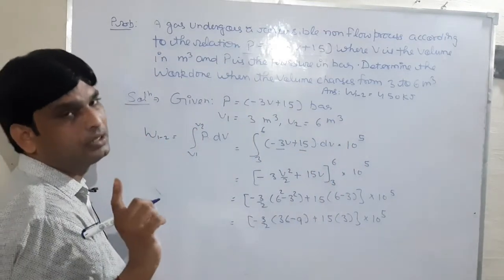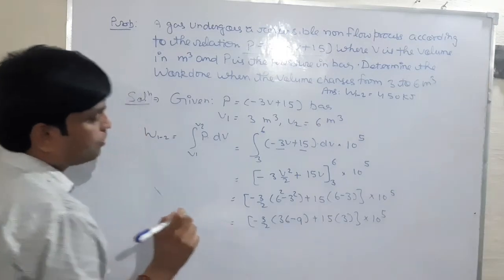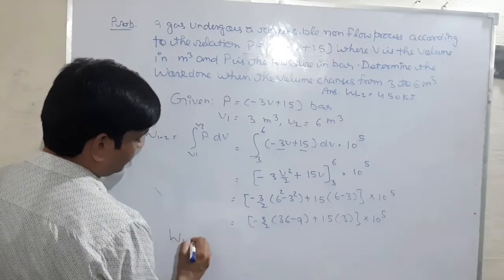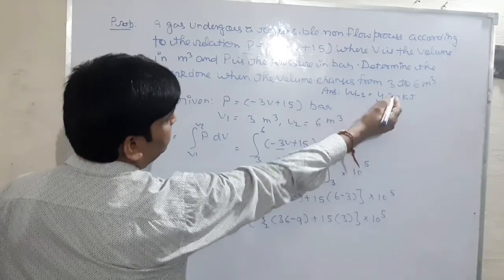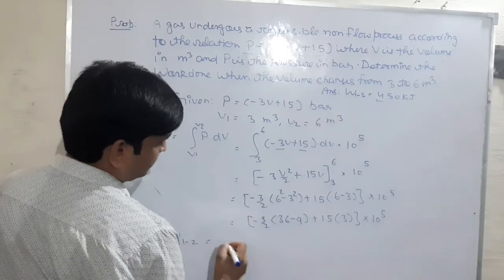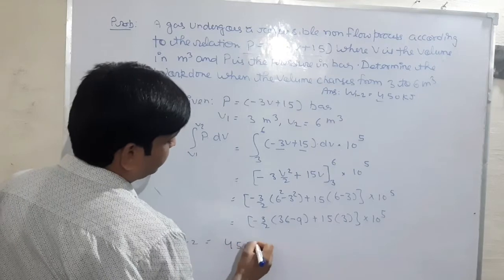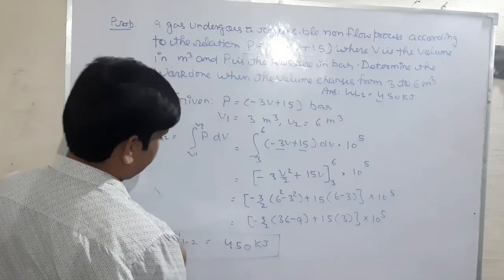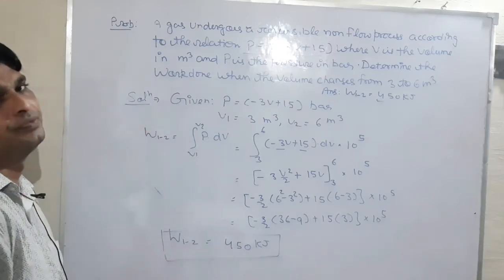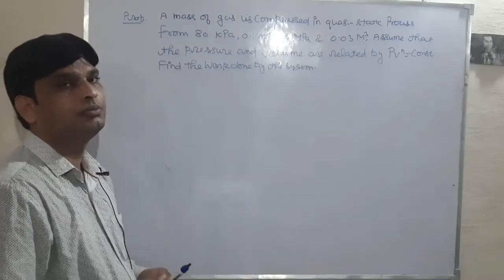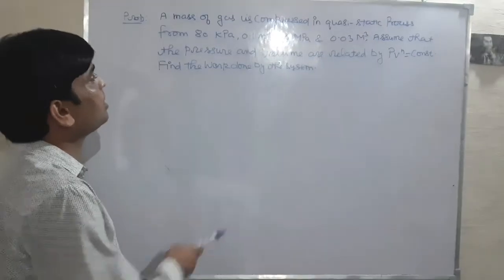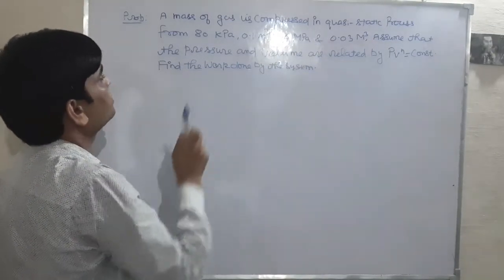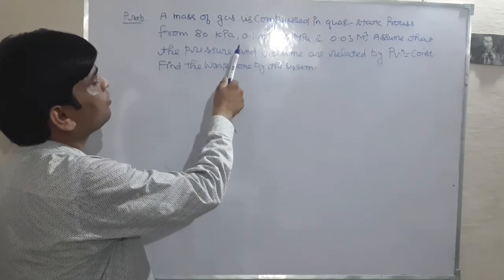After calculation, the value of work done will be W1-2 equal to 450 kilojoule. This is the work done. Okay. Next problem: a mass of gas is compressed in a quasi-static process from 80 kPa, 0.1 meter cube,